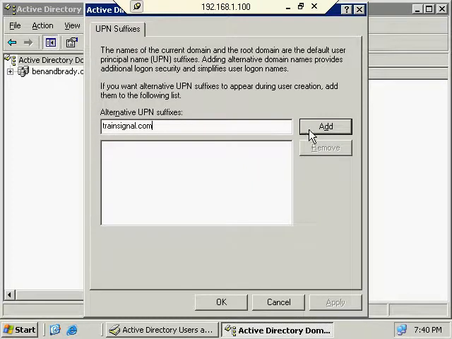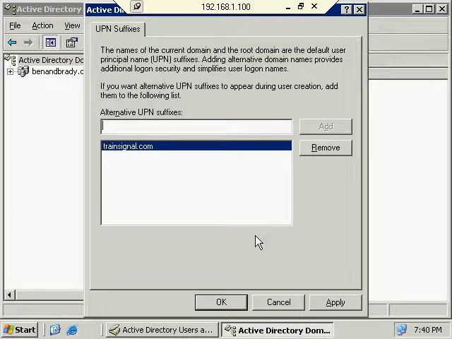And why would I do this? Well, maybe we have a domain name, for example, we're using benandbrady.com as our domain name, but actually the domain name we use for our email is maybe BNB.com, something like this. So what I'd like to do is have users be able to log on with this. Or another reason: in some companies, they have a very complex domain structure where the actual domain name that people would normally be using to log on is something like